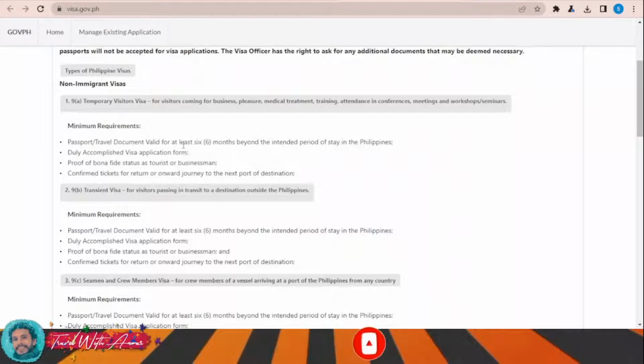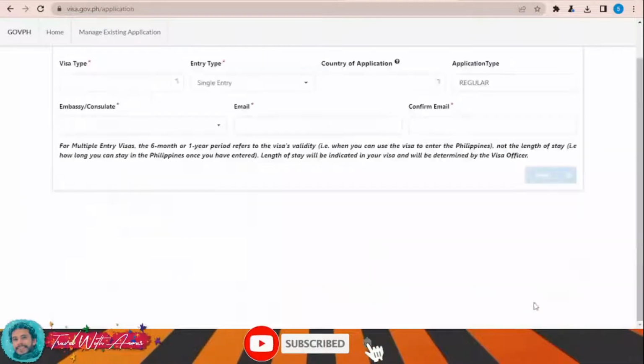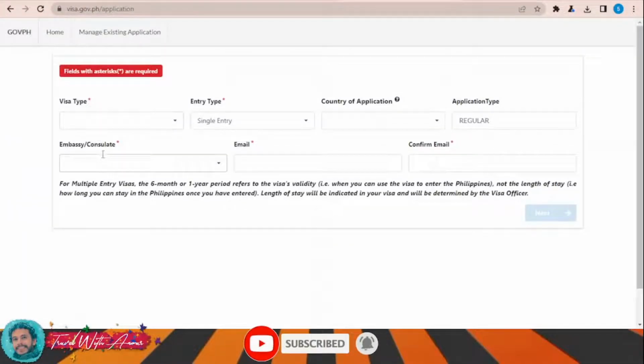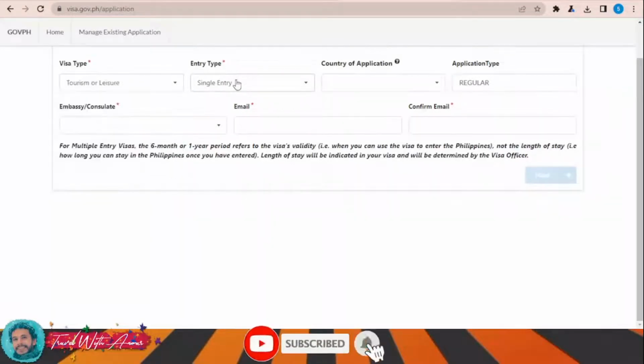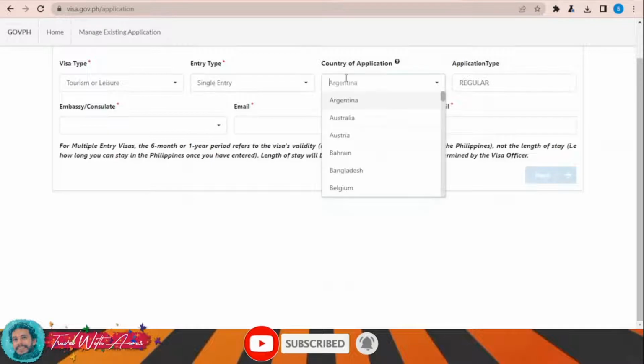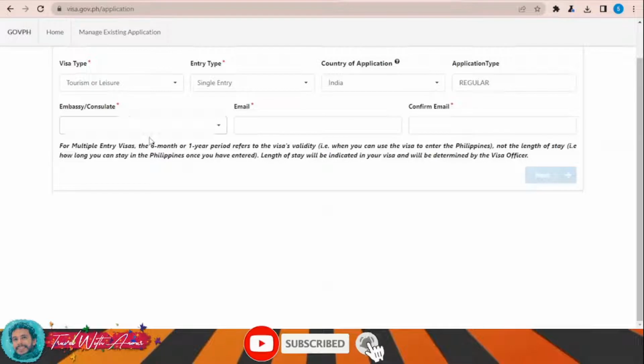You will need a passport, travel document, duly accomplished visa application form, proof of bona fide status as tourist or businessman, confirmed ticket for return or onward journey to the next port of destination. Okay, apply for an individual visa. Okay, visa type, I need a tourism or leisure, entry, single entry, country of application, let's say I'm applying from India, regular, in New Delhi, email,